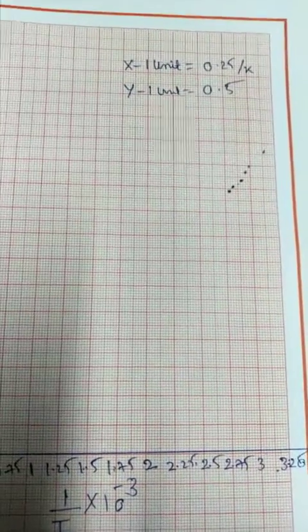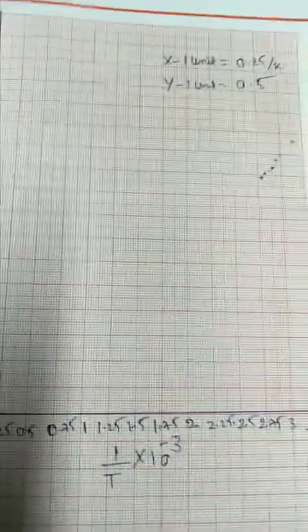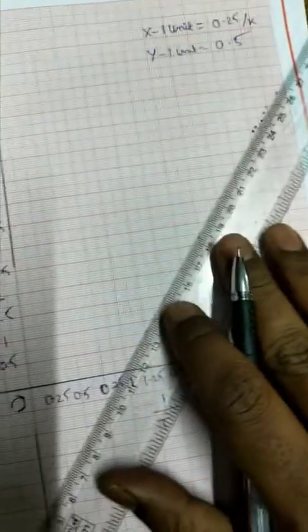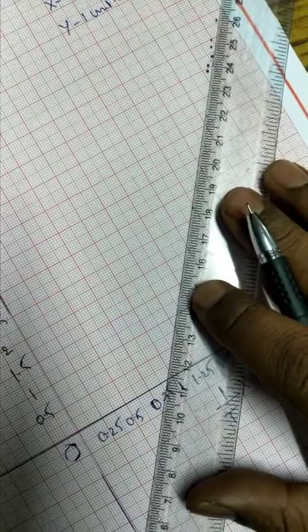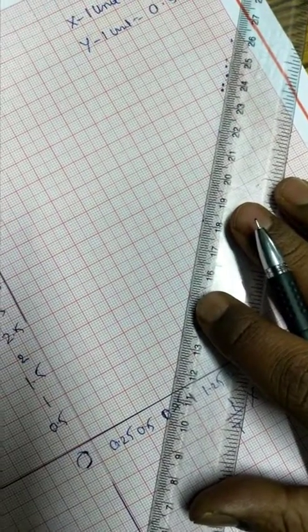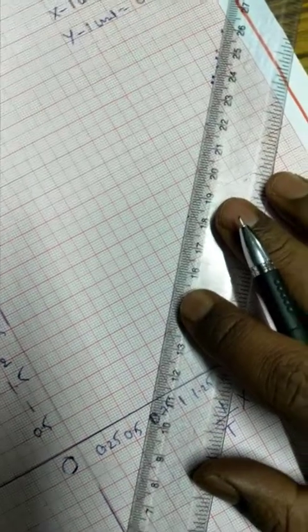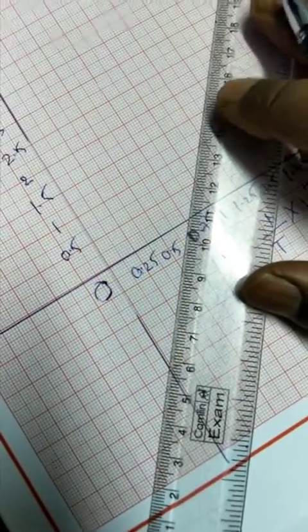Now I have to draw the line, so I have to join the points. How to join the lines? I'll use the scale. I will draw so that the maximum points are covered, and then I will draw up to this point. Now your points will go together. See, the maximum points we're going to cover on the scale. So I will extend up to the negative side. Now I have taken the line from here to here, and you are getting a value of -2.